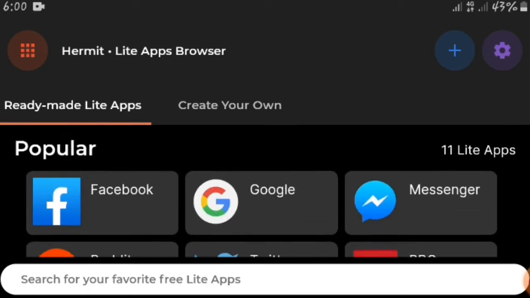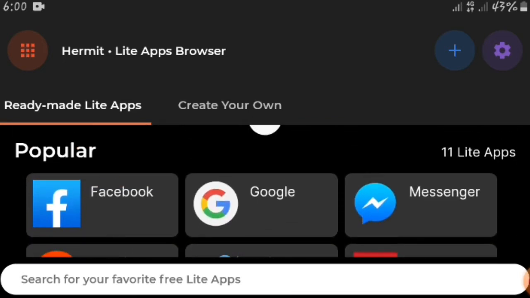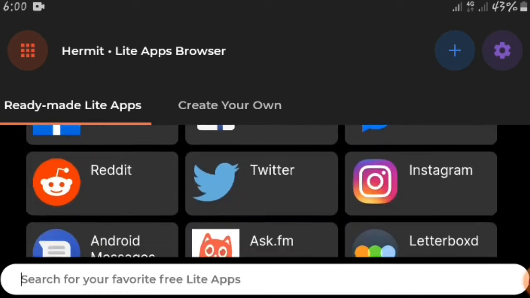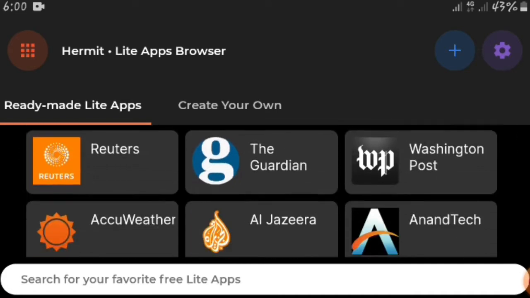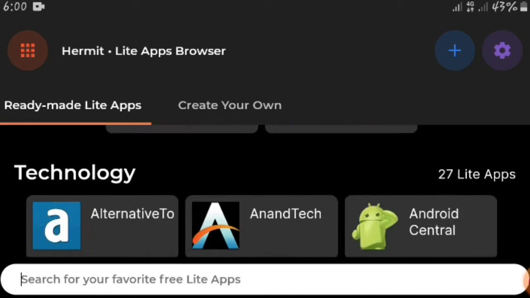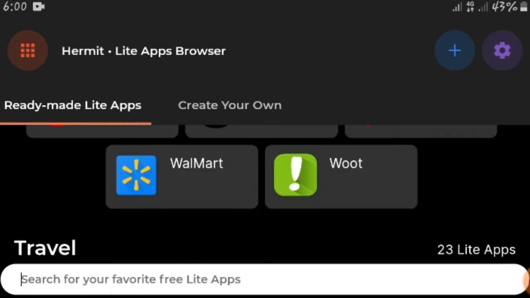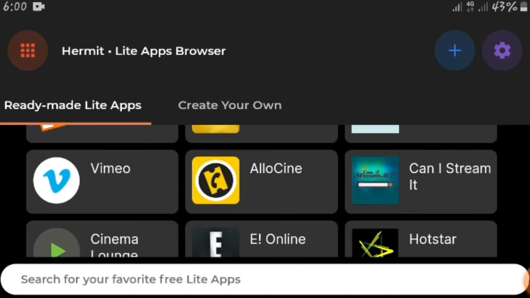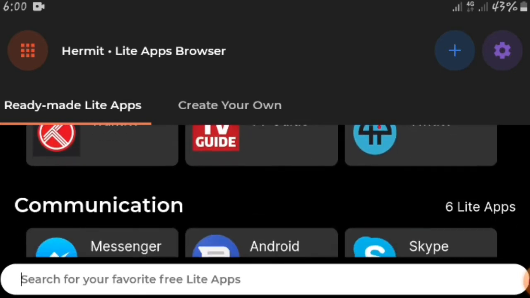Now you can see here there is Facebook, Google, Messenger, Reddit, Twitter, different kinds of applications, light versions available. To use Hermit, you need an internet connection. Without an internet connection, you cannot use the light version of your application. So Hermit is also one of the useful applications. It will be very helpful if you have a storage problem inside your Android smartphone.